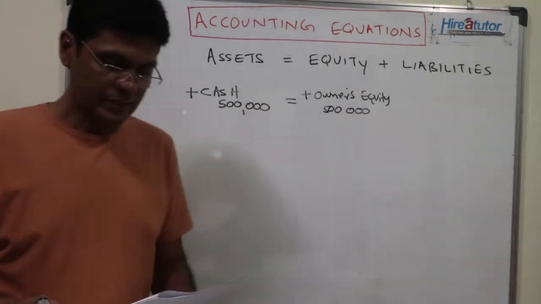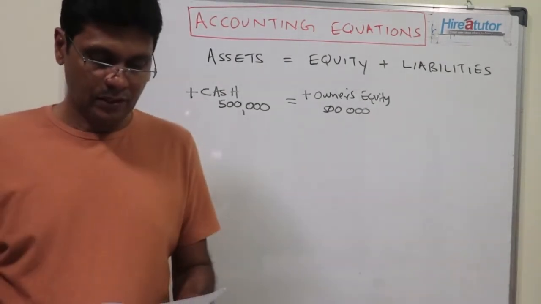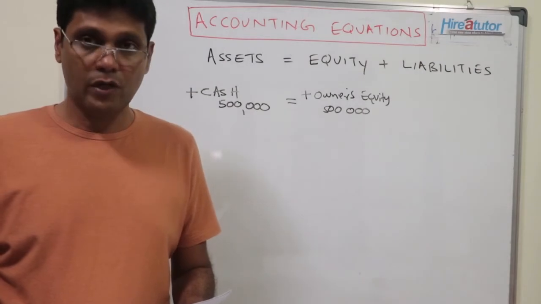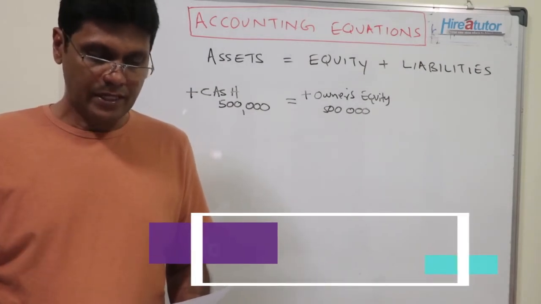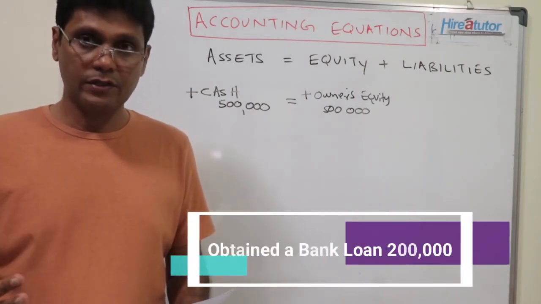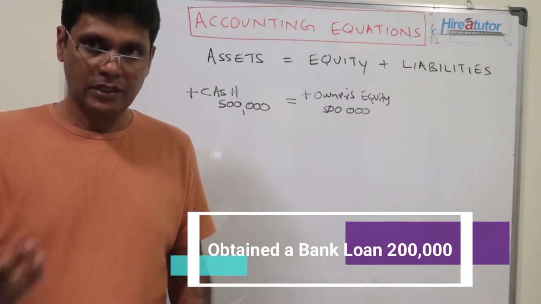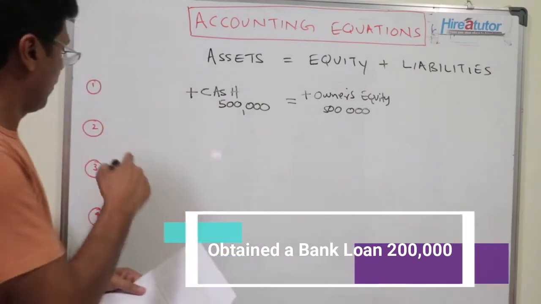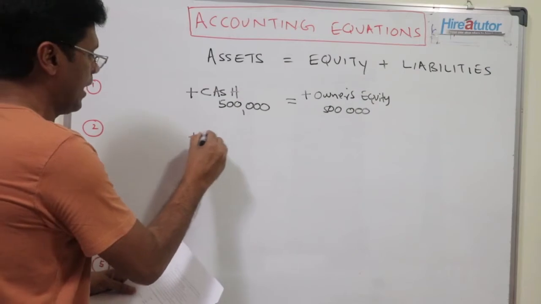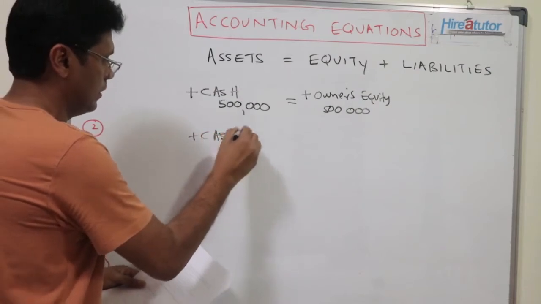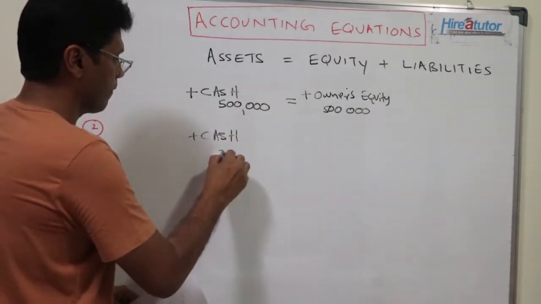Now let's move on to the second transaction. Obtain a bank loan of 200,000. The company has obtained a bank loan of 200,000. So what is the impact? Dual impact. Business receives cash of 200,000,